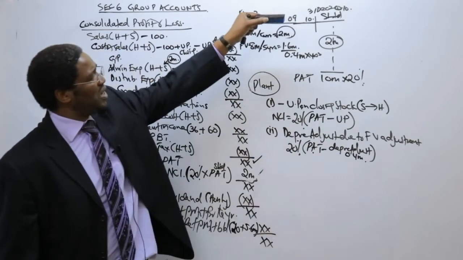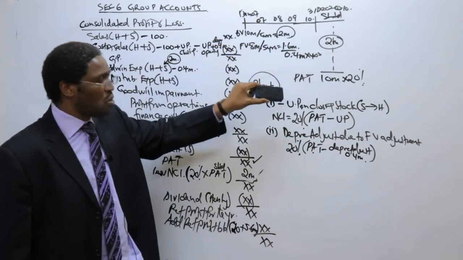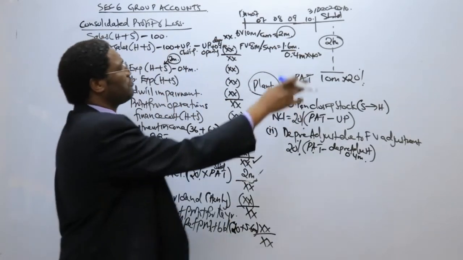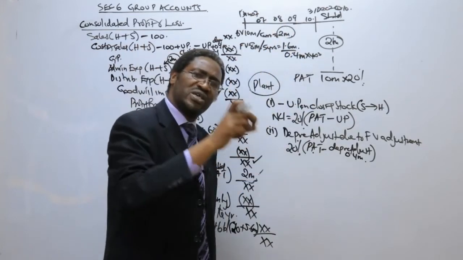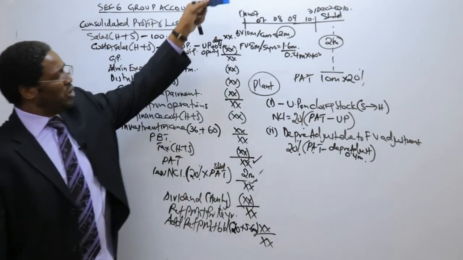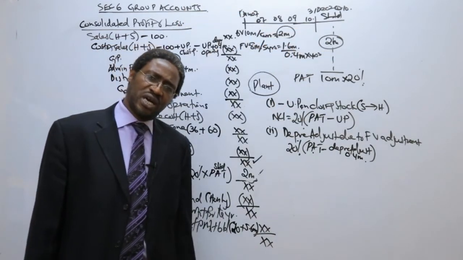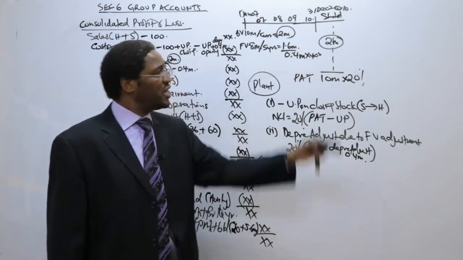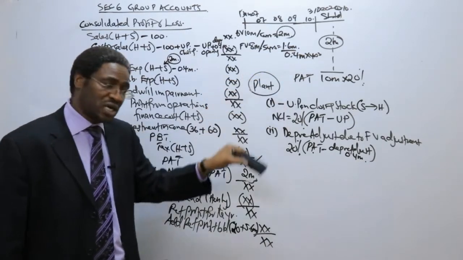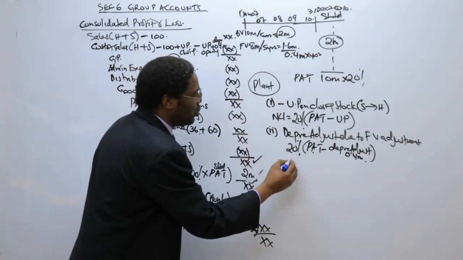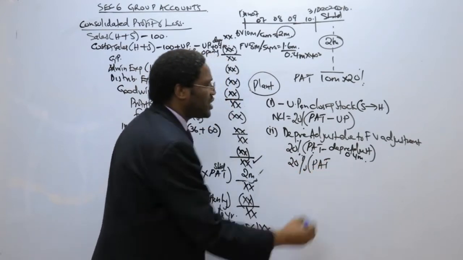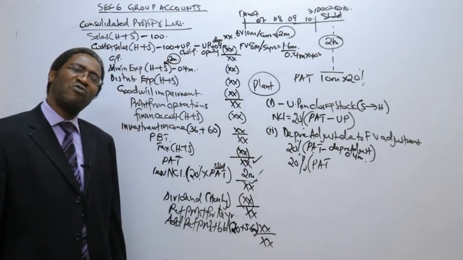then it means their expenses are overcasted. When expenses are overcasted, automatically the profit is wrong. So this profit after tax they are giving you is obviously wrong. What effect did it have? When expenses are overcasted, is profit undercasted or overcasted? When expenses are overcasted, automatically profit is undercasted. So to correct it again, you will come and take 20% into profit after tax. You will now say, now that the expenses were overcasted,